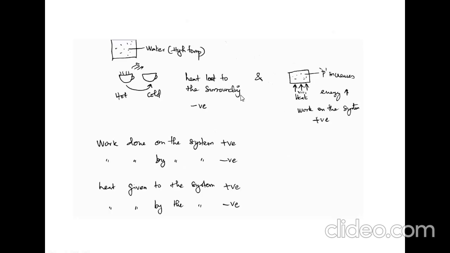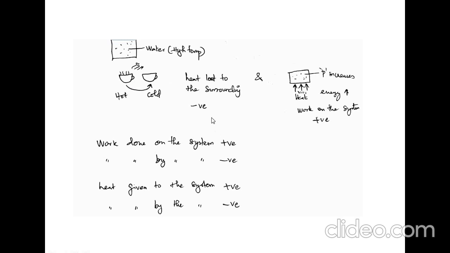Process. See, if you have a vessel containing water at high temperature, and you are leaving it as it is, a closed system, here it is an open system, you are giving some energy and you are losing some energy. If it is heating, you are giving some energy, so energy is increased, work done on the system. If you keep a cup of hot coffee outside, energy is transferred to the atmosphere, it is losing its energy. Heat lost to the surroundings. So work done by the system, you are not giving any external force.